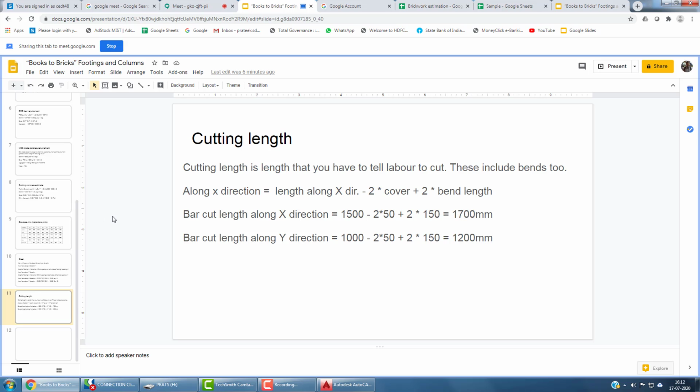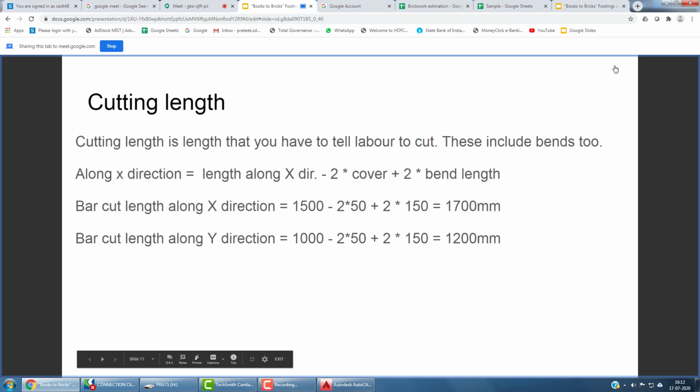Now let us go to the next one. We have calculated number of bars. Now we need to calculate the length of each bar. Correct? Now how to calculate the length of each bar? Now along x direction,